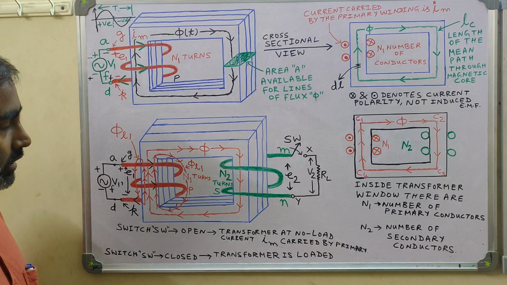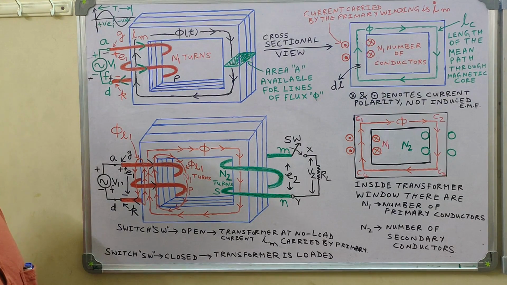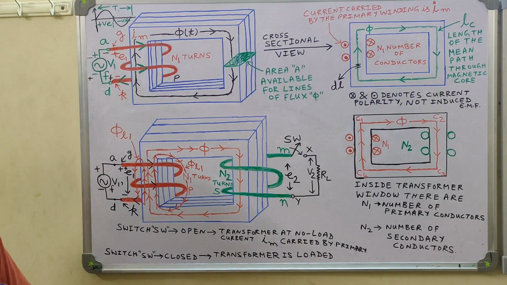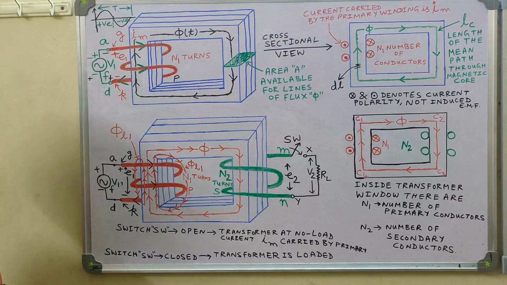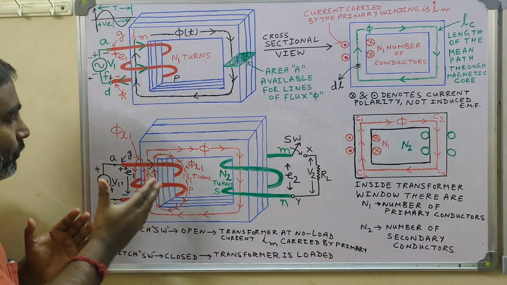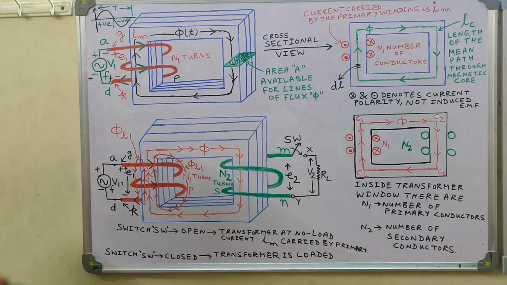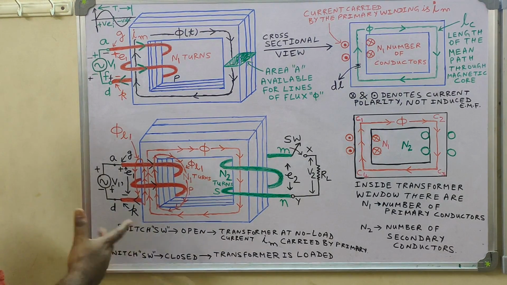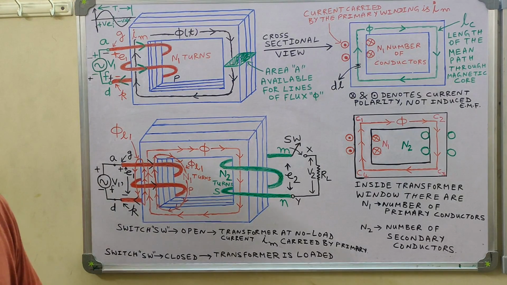If the alternating voltage source is not connected to the primary winding because the transformer is not in operation, then you cannot identify which winding is a primary winding, because the very basis of defining a primary winding was that it will be connected to an alternating voltage source or sinusoidal voltage source. If the transformer is not operating, no voltage source will be connected, so you cannot identify which winding is a primary winding.